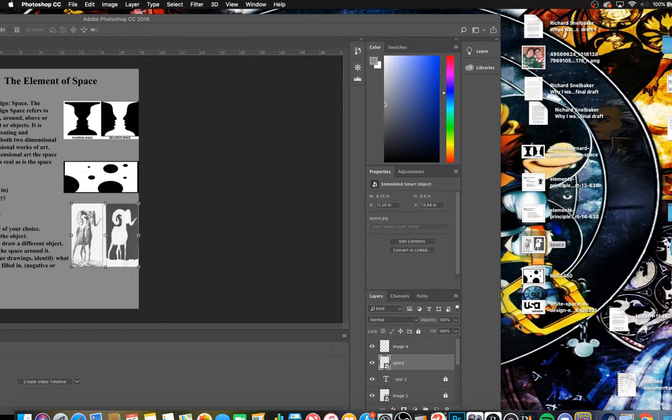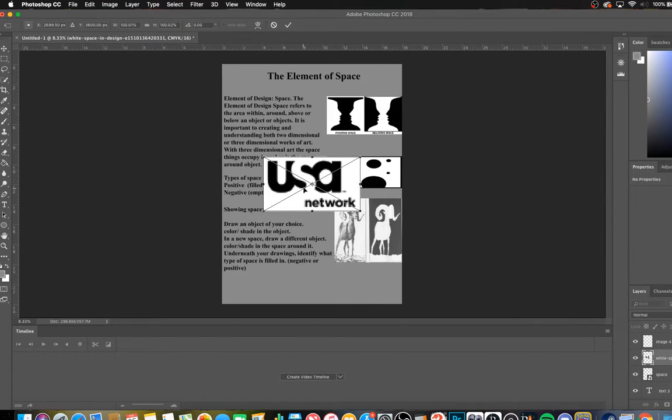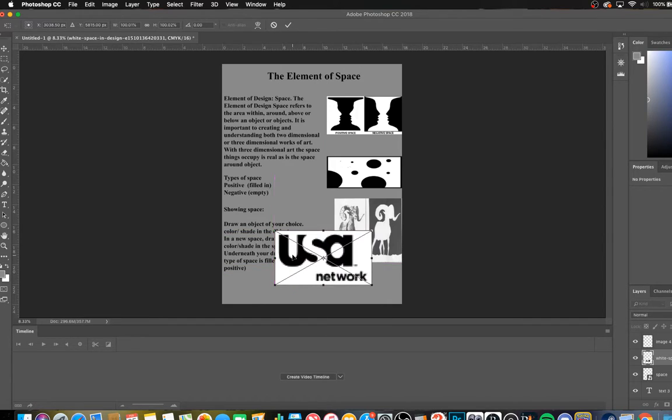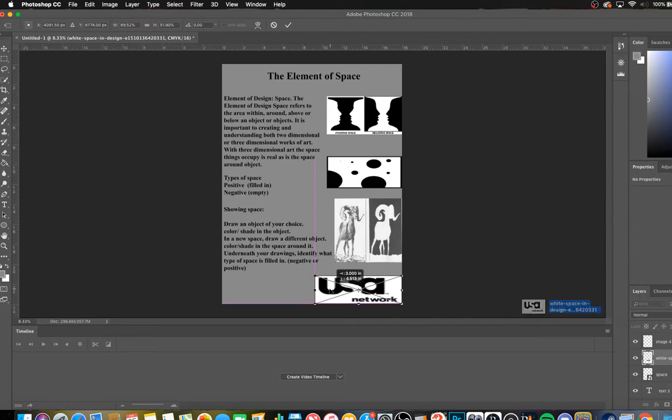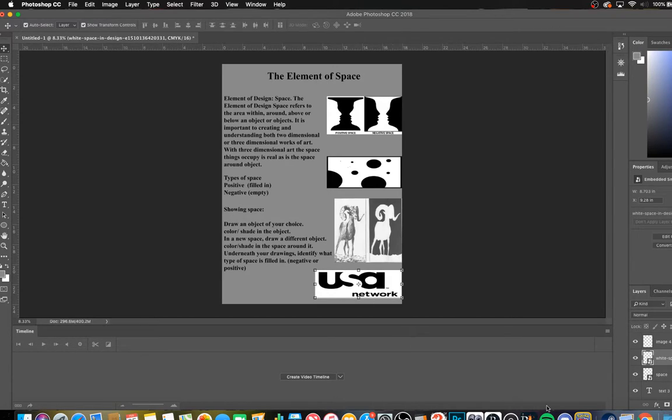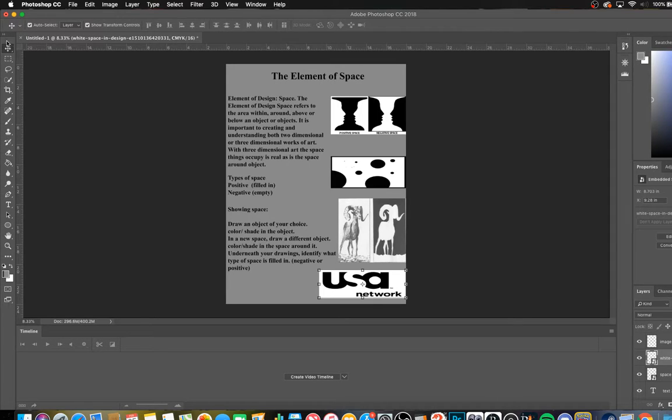Then we're going to grab our fourth piece. Our fourth piece is the USA Network logo, because a lot of people won't actually realize it at first, but it's actually a very good example of the use of positive and negative space, especially when you look at the S. So we're actually going to move some of these over a teeny bit. Just a little off of the